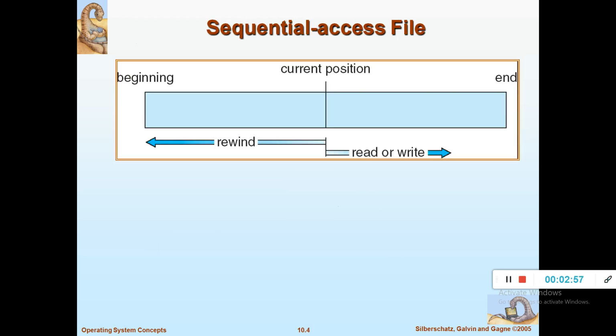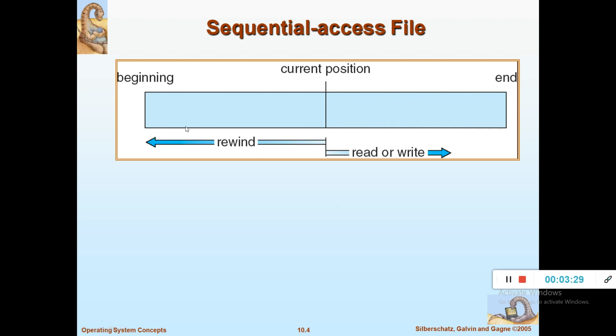So this is one example. This is a file block containing the file, and the current position of the file is pointing in the middle of the block, and here you can start reading and writing from this position. If you want to write or read contents, it is possible only from this position, and we can move in the forward direction. And if you want to start reading of the file at the beginning, then you have to rewind from the current position to the beginning of the file or anywhere in the file.